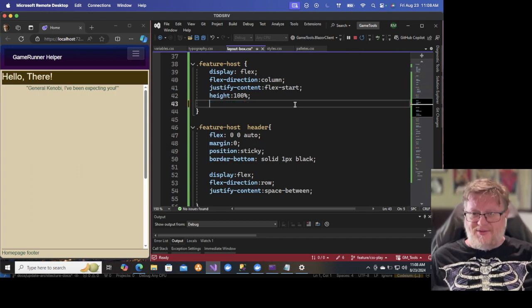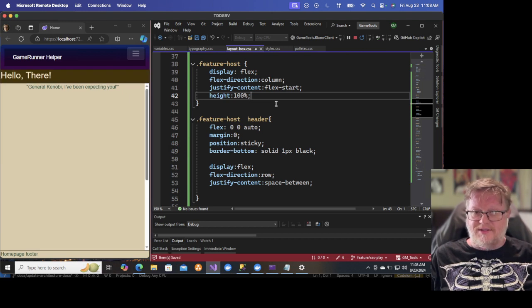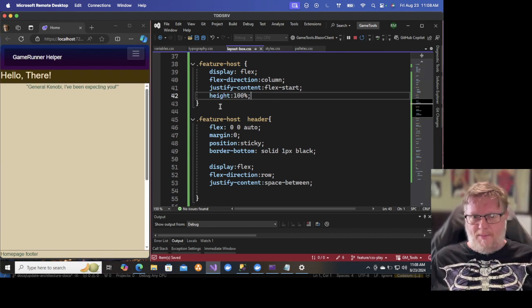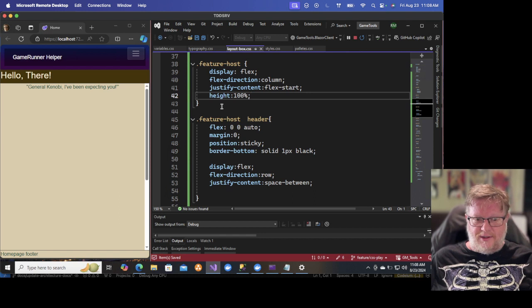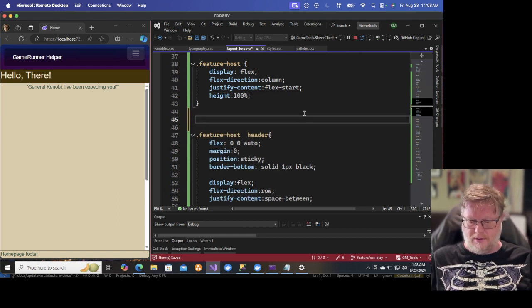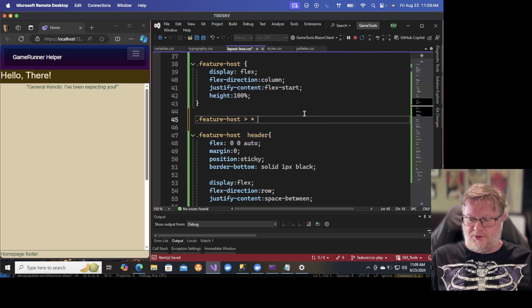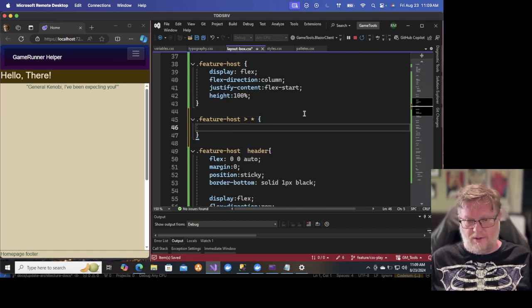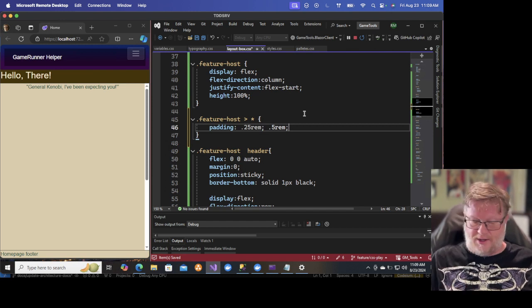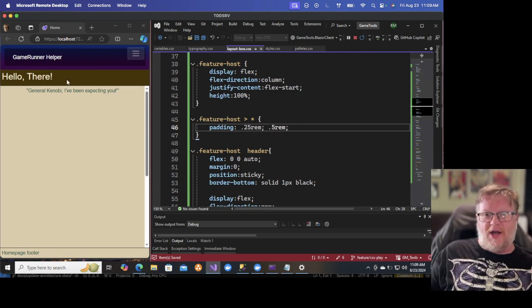And I'm going to cut this and save it. That's better. But I don't want to completely lose all of my padding. I just want it to apply to the children. Feature host, direct children. I'm going to apply that padding in here. And there we go. We're back to our correct spacing, but we've got